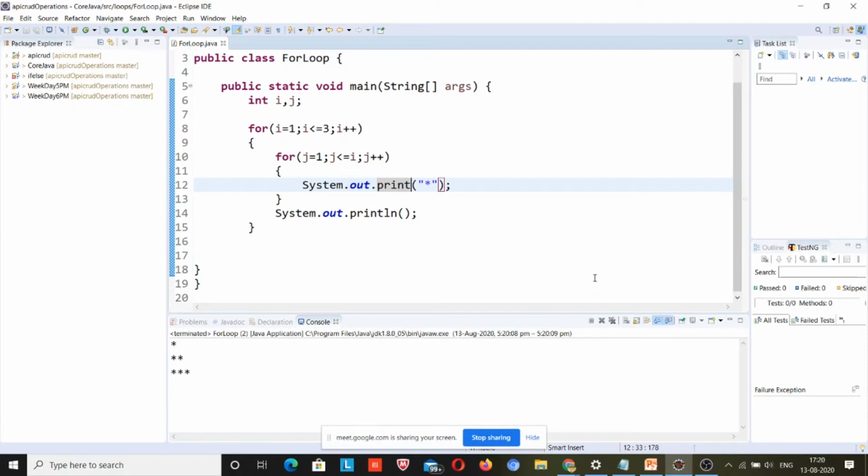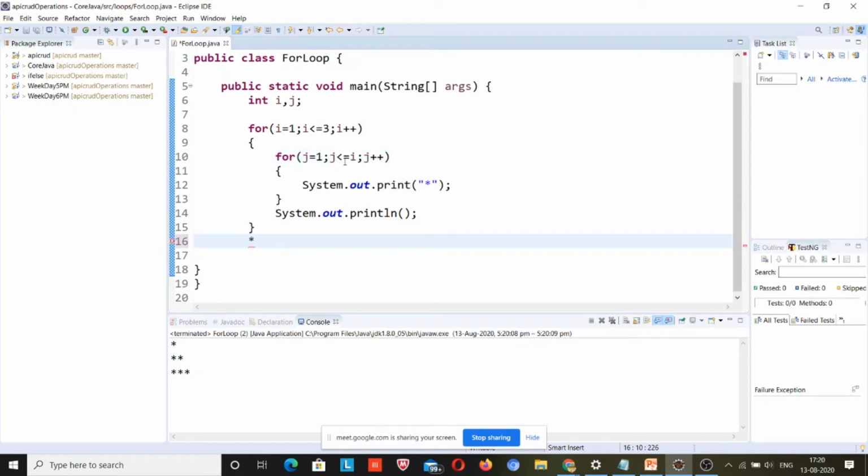To simply do that, you can debug it first. How to debug this? First the i value will be 1. I am going to debug it for you. First i value is equal to 1, right? It will check, the condition will be true, it will come here, the j value is 1, so it will check, the condition is true, so it will print a star.